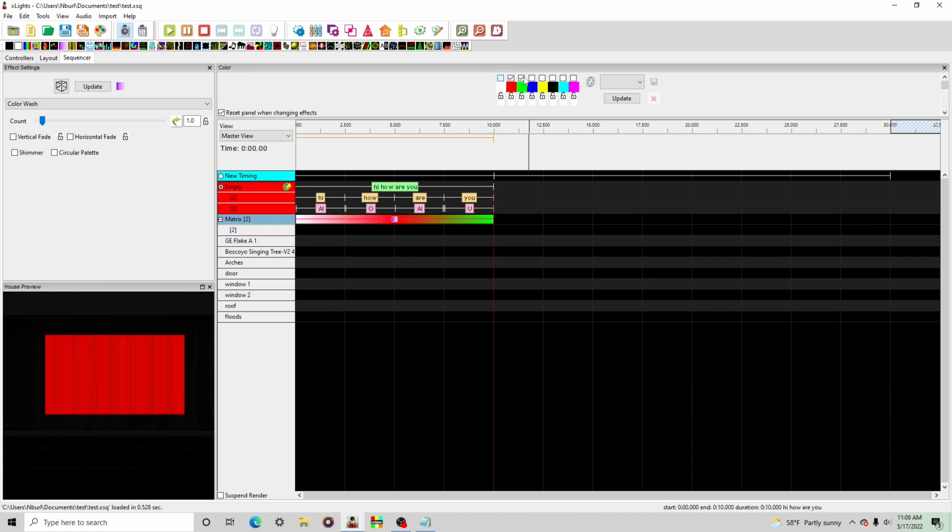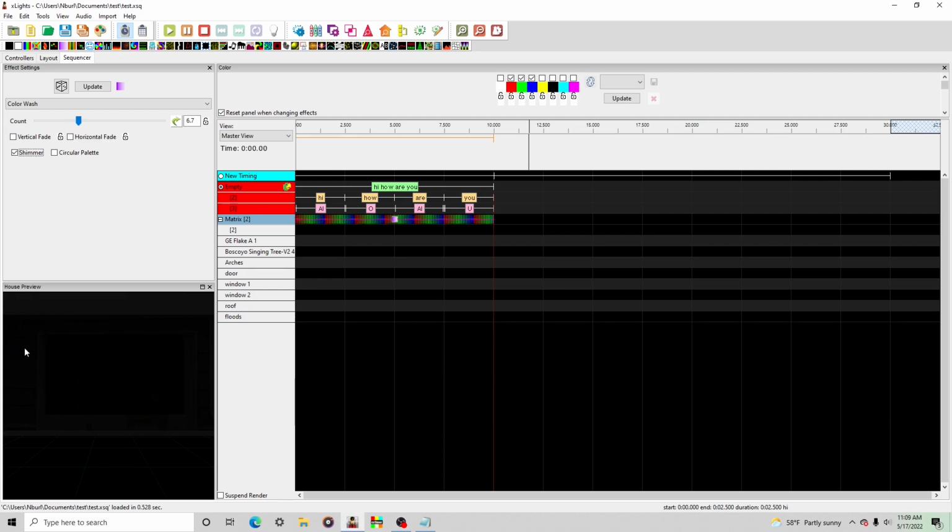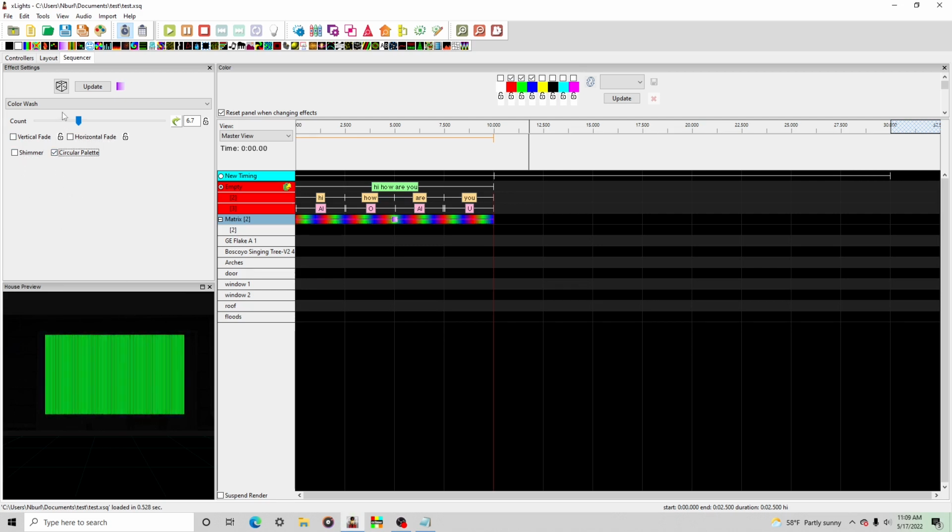So if I select red, green, and blue, it will fade from the red now into the green. And then after the green, it will fade into the blue. You can adjust how fast it does this by how many times it does this in the effects setting. So max speed makes it flash really fast. Vertical fade makes it fade on the top and bottom. And horizontal fade makes it fade on the left and right. Shimmer makes it flash as it's fading. And circular palette, that basically means if you're going from the beginning to the end, when it gets to the very last color, if you look at the effect right here, it goes back to red,